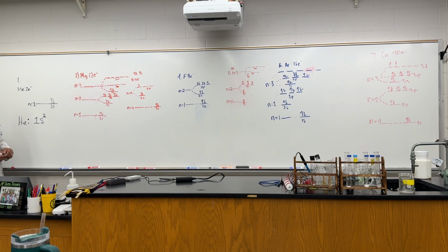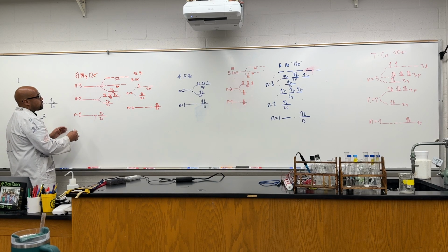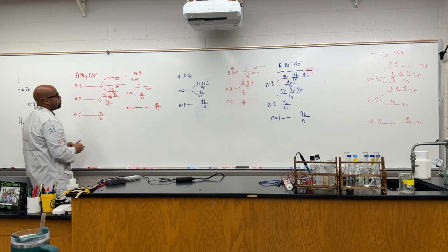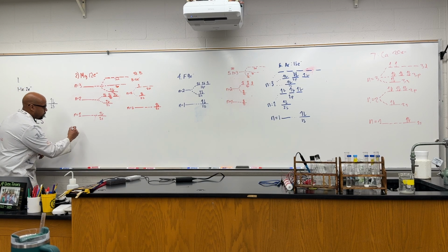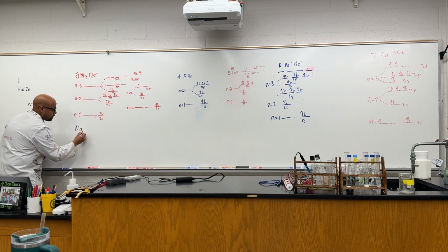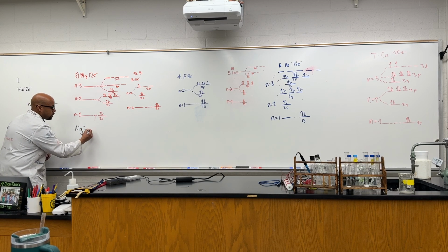Number 2 is done spot on, beautifully. Everything is put in there correctly. So for number 2, if we wanted to write the electron configuration for magnesium and kind of have this thing a little bit more condensed, then what we do is write down